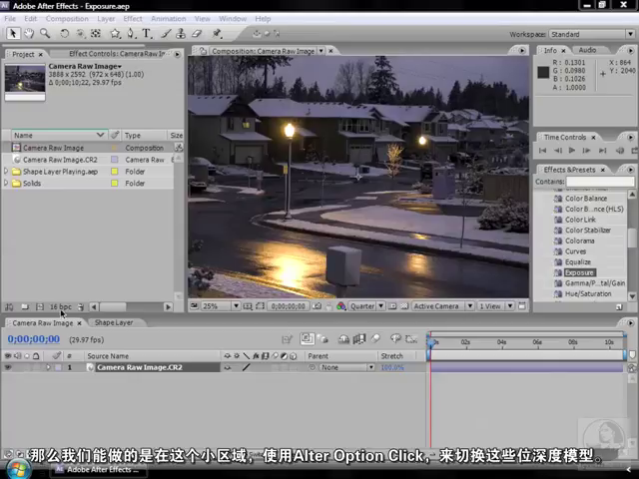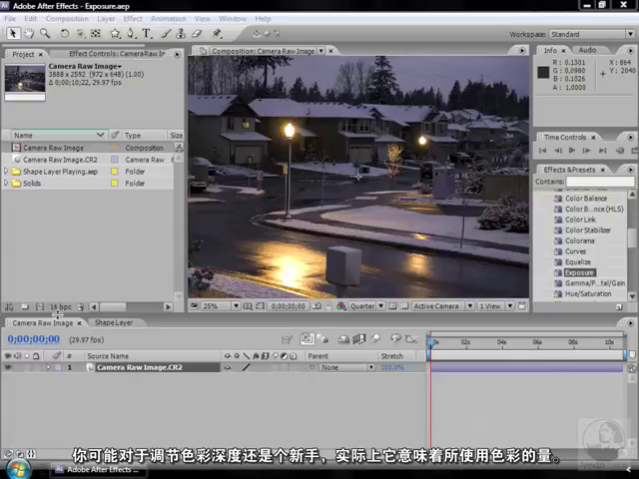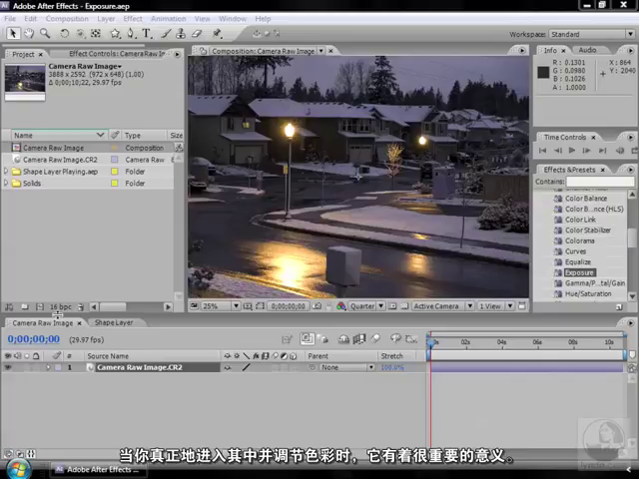To toggle through these bit depth modes, Alt or Option click on this little area right here to cycle through them. There's 8, 16, and 32 bits per channel. If you are brand new to color depth, essentially what that means is the amount of colors. The most common bit depth for footage is 8 bits per channel, which contains much fewer colors than 16 or 32 bits per channel. This makes a big difference when you're adjusting and playing with the colors, as we'll see